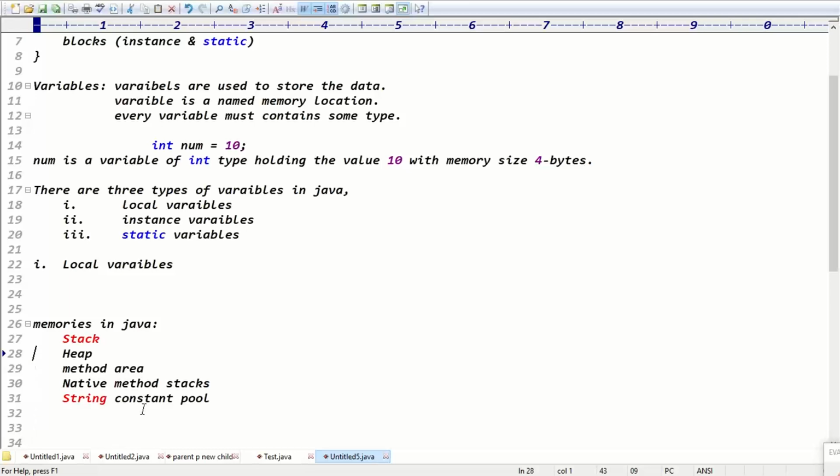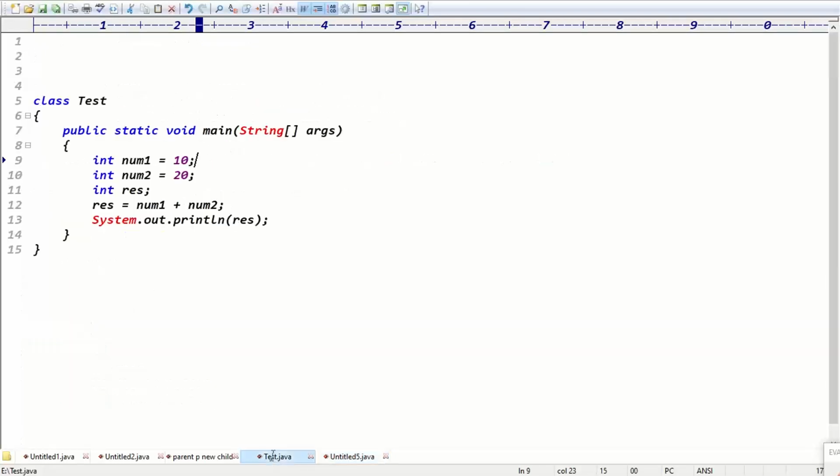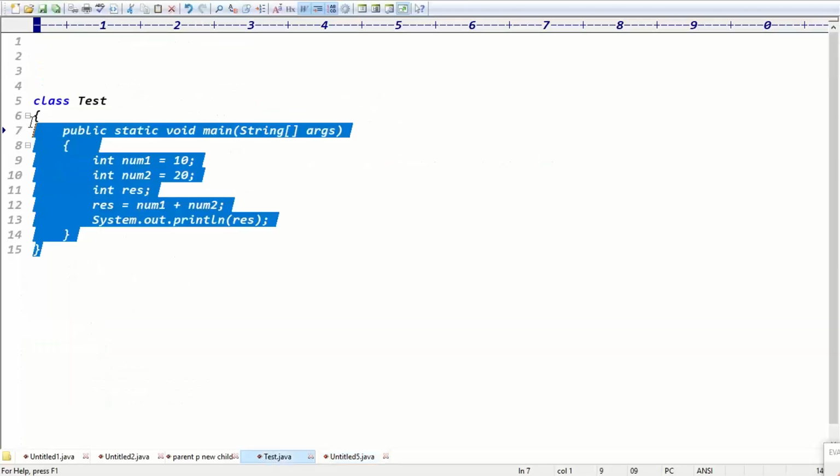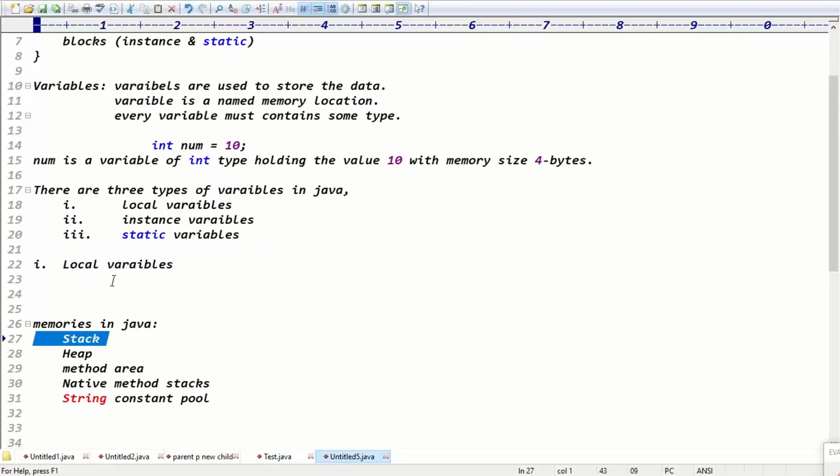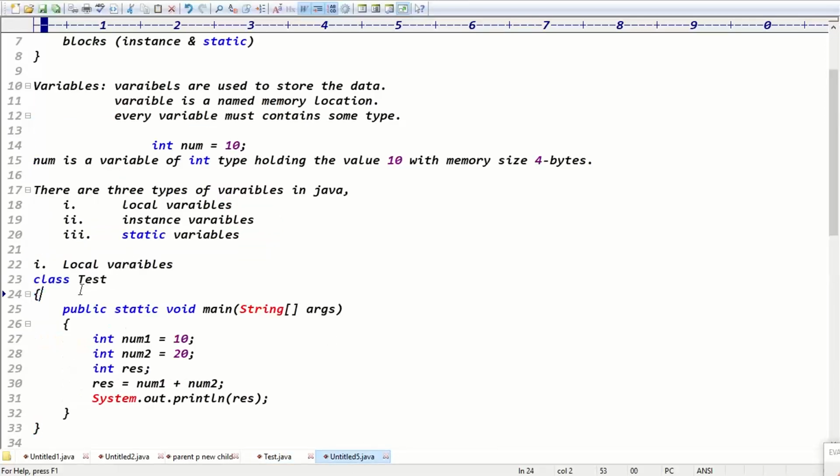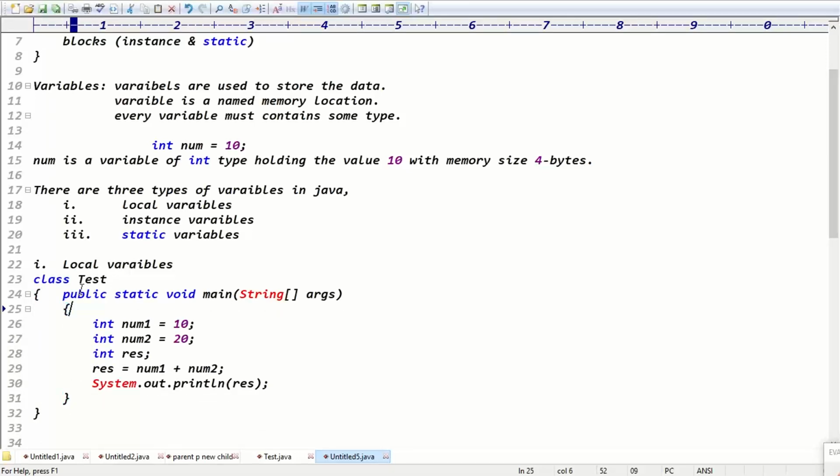Exactly, guys. And when it comes to local variables here, the local variables are stored in the stack memory. Okay, so what is a stack? I'll tell you later in classes in detail. But remember, local variables are stored in which memory, guys? Stack memory, right? Guys, there are 4 points about local variables. Local variables are straightforward, not that big. Guys, tell me the 4 points.